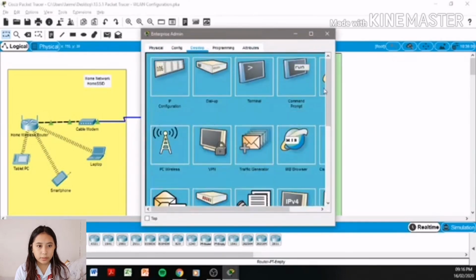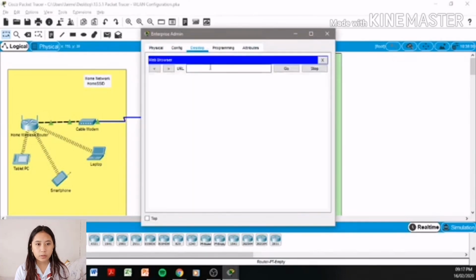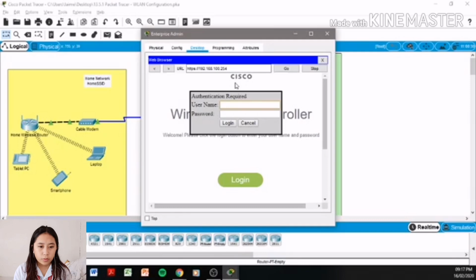Enterprise admin, web browser, and then let's type HTTPS and the IP address 192.168.100.254. So, log in, username admin, password is